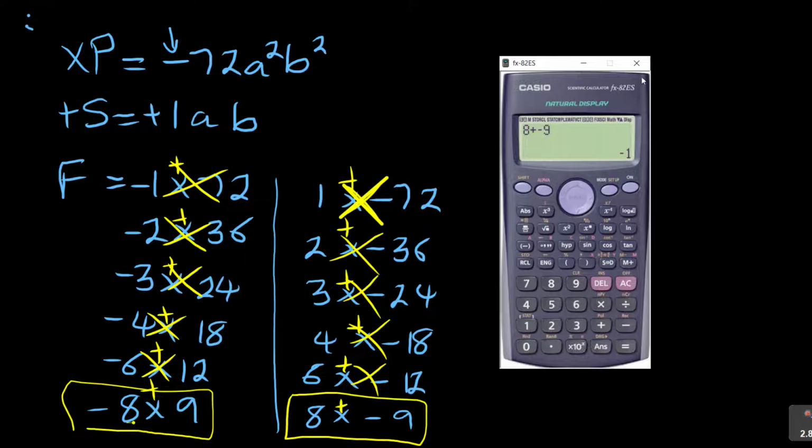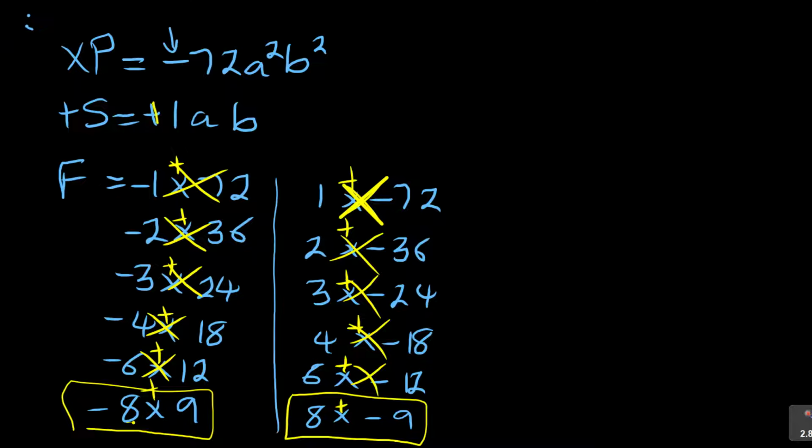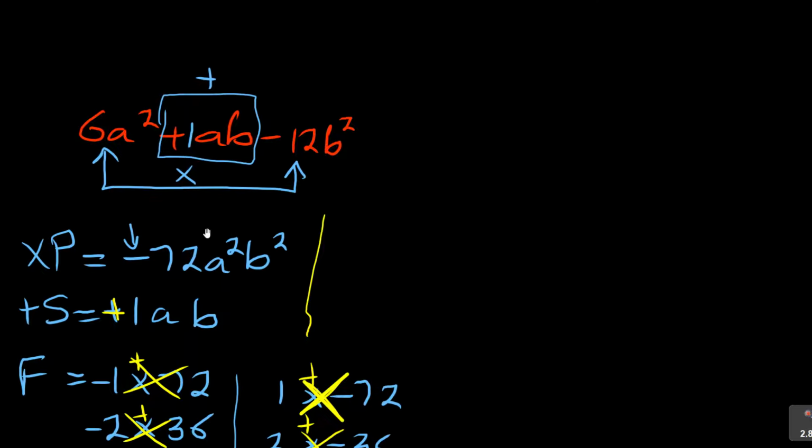It gives me a negative 1. So we are looking for the one with the positive. So you can see it is that. Then I can rewrite this and say it's minus 8. The factors here are minus 8 and 9. You just put an x here, so it's minus 8x plus 9x. So when I come here,